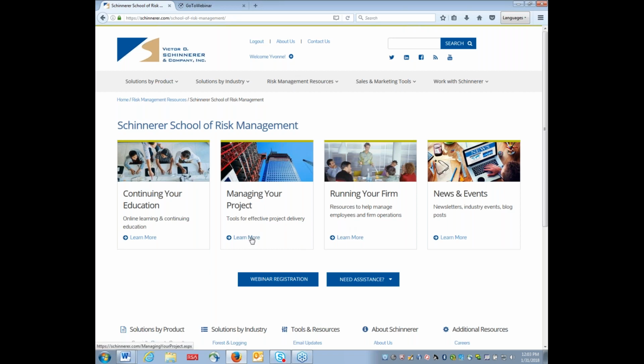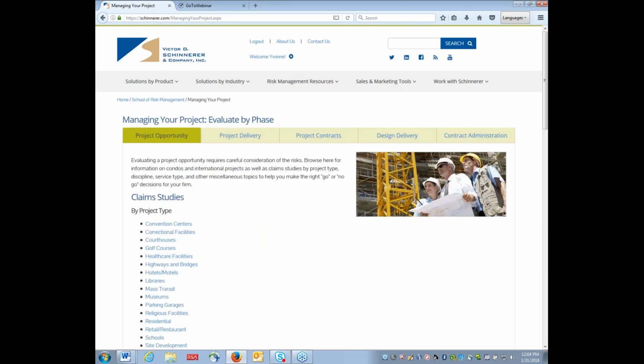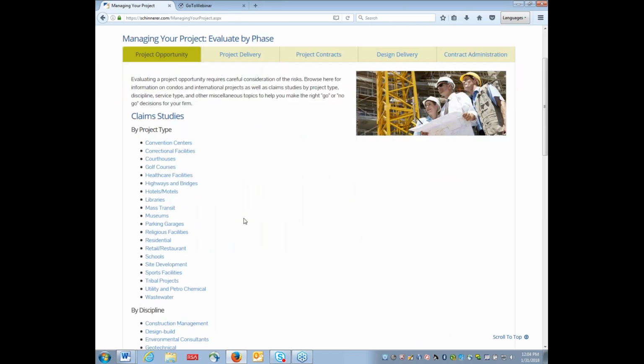So let's open this and see how this is structured, so you can get a sense of what we can offer you. As you can see at the top, we have the content broken up into 5 tabs, starting with project opportunity at the left and moving on to project delivery, project contracts, design delivery, and contract administration. The way we structured this was really meant to track the life of a project,